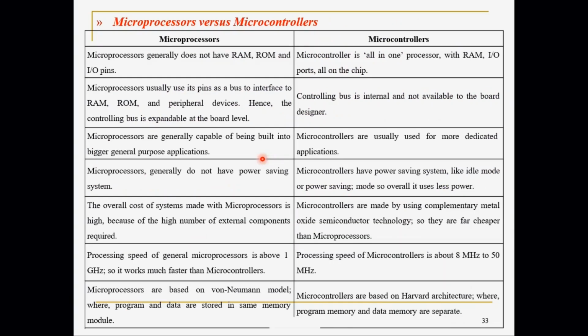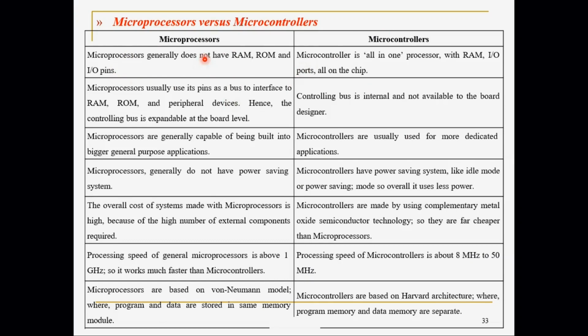Right now, a very important part of this course is the difference between microprocessor and microcontroller. We can go for a microprocessor or a microcontroller based on the embedded system. Now, what is the difference between microprocessor and microcontroller? They may ask you this question for 5, 6, 8 marks. I hope you have gone through these differences in the first chapter of the first module, when you started studying the ARM processor. So I'll quickly go through the microprocessor and microcontroller differences.